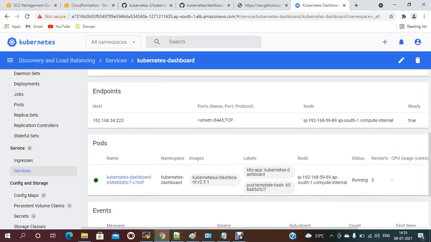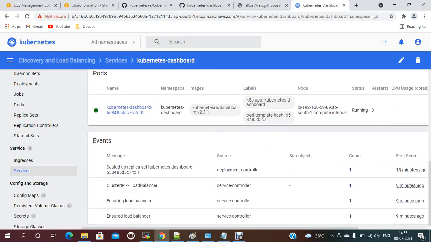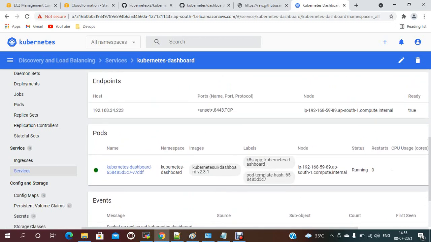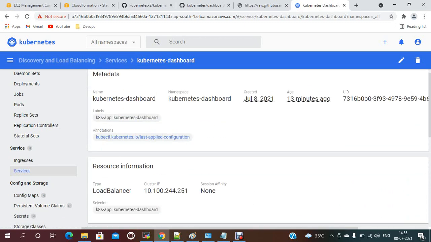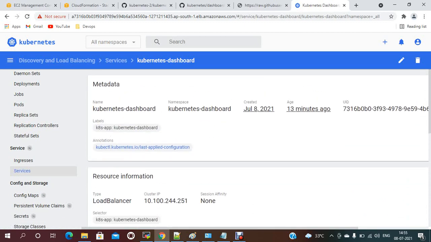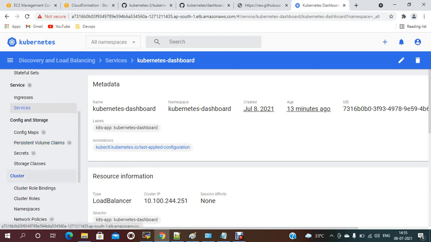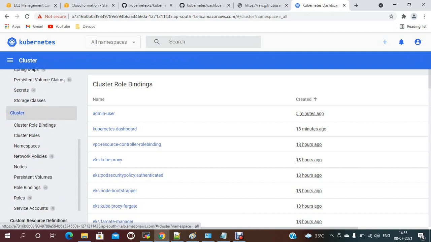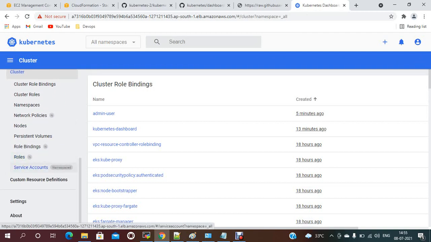So here are the services, the pods under these services, these are the pods, endpoints, load balancer, cluster IP, okay, labels, annotations, and secret storage. Everything you can check here.